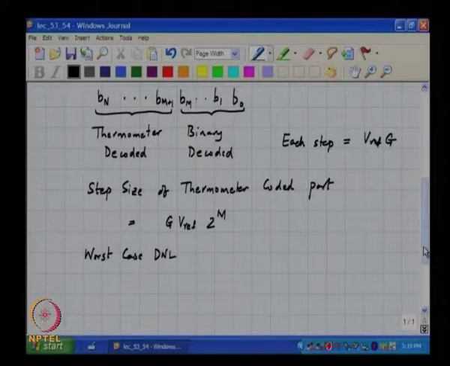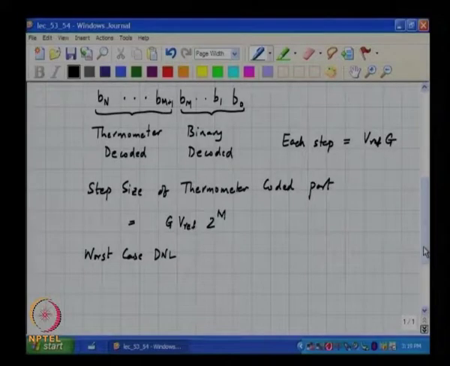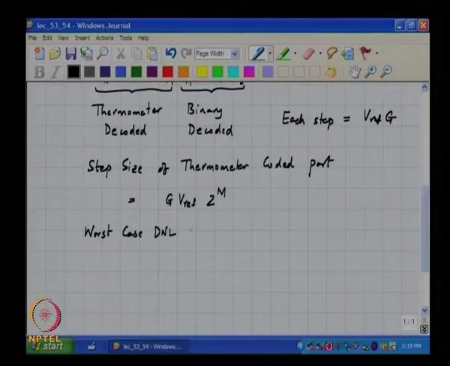Bn equals 0, remaining all are ones. Change to Bm is Bn or Bm or Bm plus 1? Okay. So, worst case DNL occurs when you have all zeros followed by all ones,